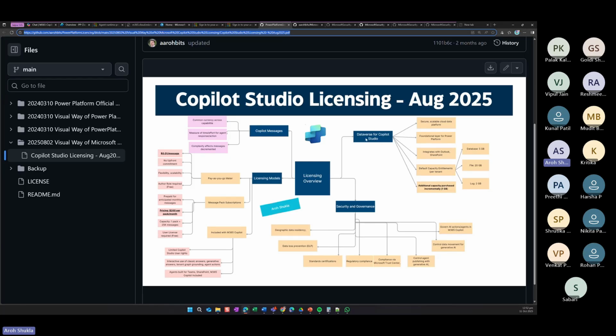On the right side you have the database for Copilot Studio, right? In that context, you have the database. Then all your fundamental things for Power Platform, your Outlook, and everything will work on that, right? The capability is 1 GB per GB.